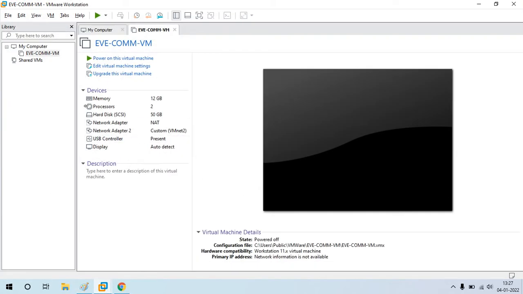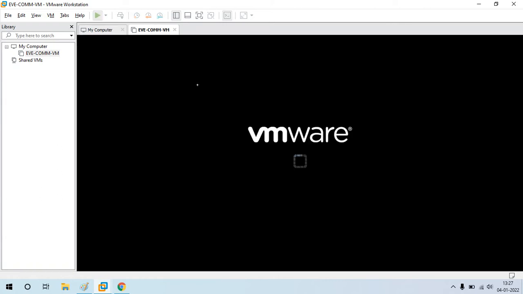First, I'm going to the VMware Workstation and starting the EVNG VM machine. It might take up to 1 minute to complete the start.